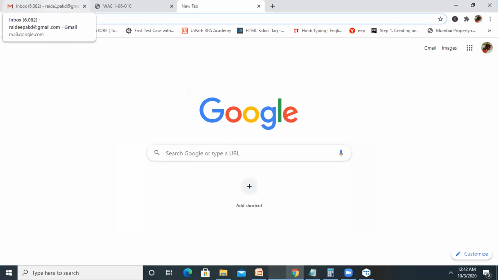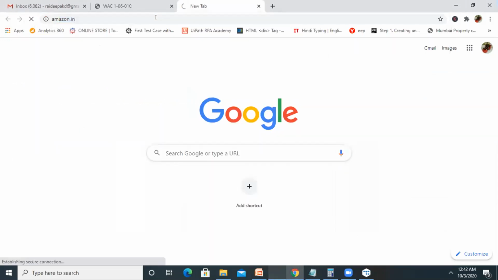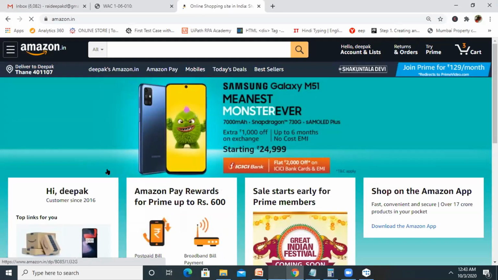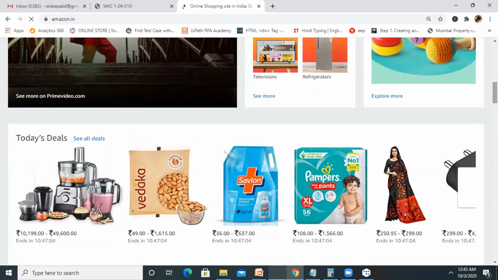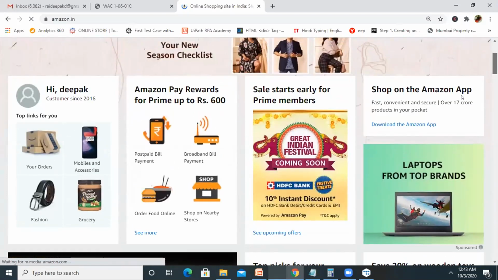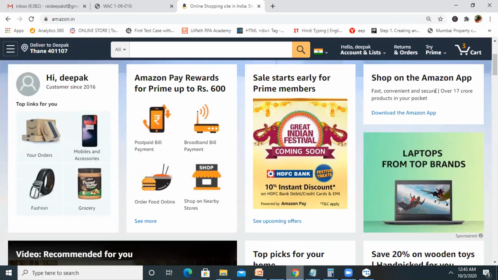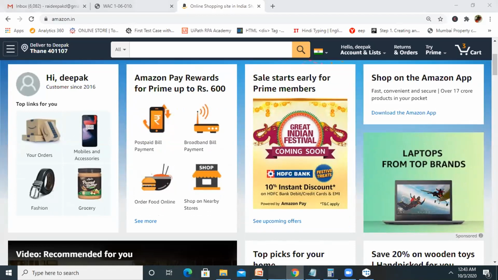And just like we are working on the Amazon website, let me give you an example. This space is dynamically changing. So if I want to extract any of the text from this portal, like "shop on the Amazon app", this is the text I just want on the simpler side. So let me extract this, because definitely if you check after 1 or 2 hours, this text will no more be available on this page.